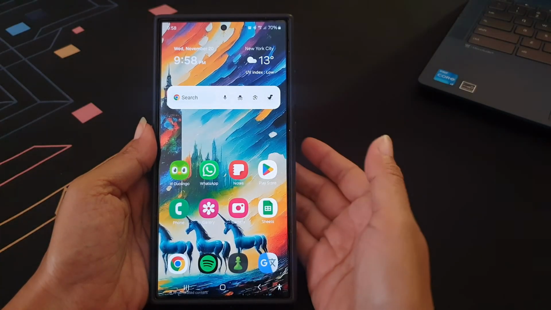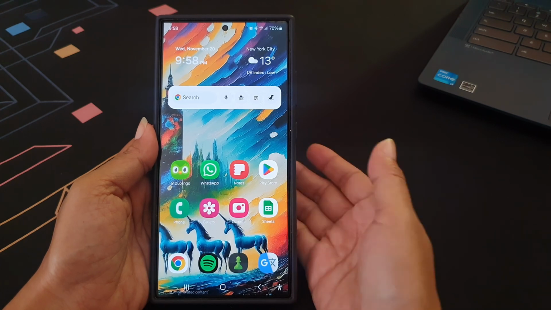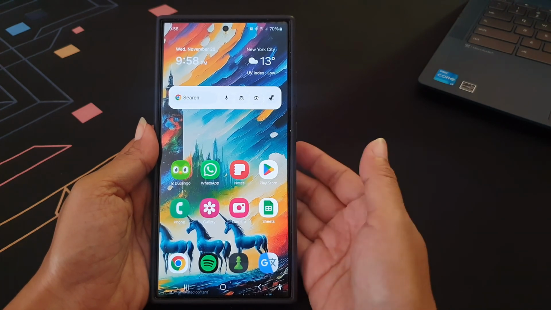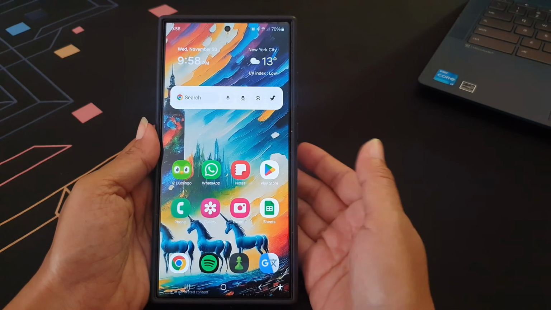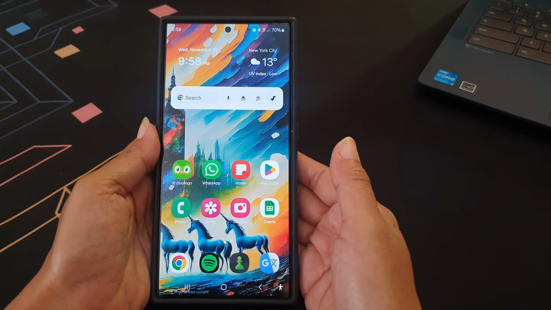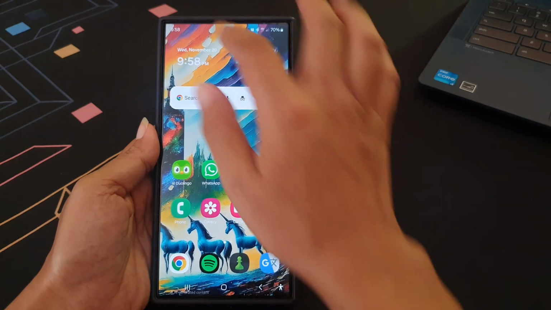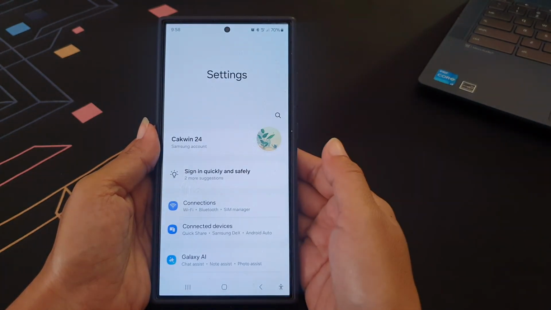To get suggestions for detected languages while using Live Caption on Samsung Galaxy S24 Ultra, so you can know if there's a new language that requires downloading to get captions, you have to enable the Suggest Detected Languages option within the Live Caption settings menu. To do so, swipe down from the top of the screen and then tap the Settings icon.